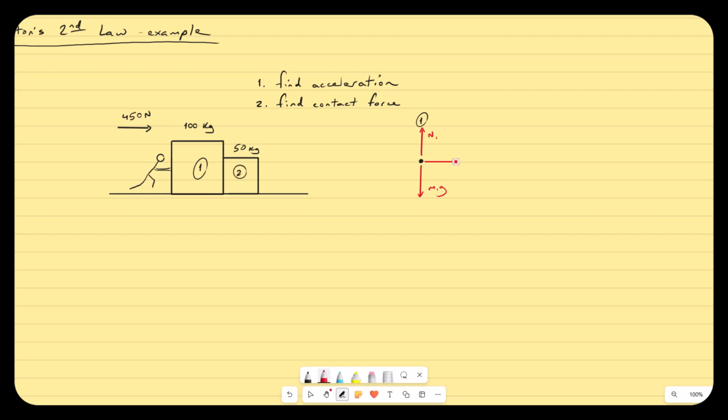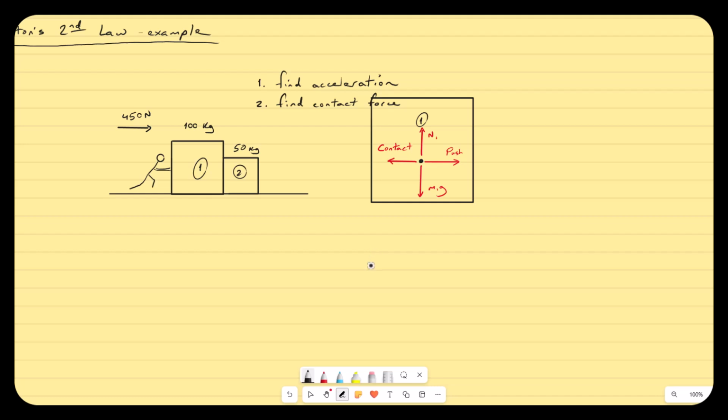I am pushing this thing to the right, which I will call my push force, and then block 2 is up against it, so I'm going to call this a contact force. That would be my free body diagram